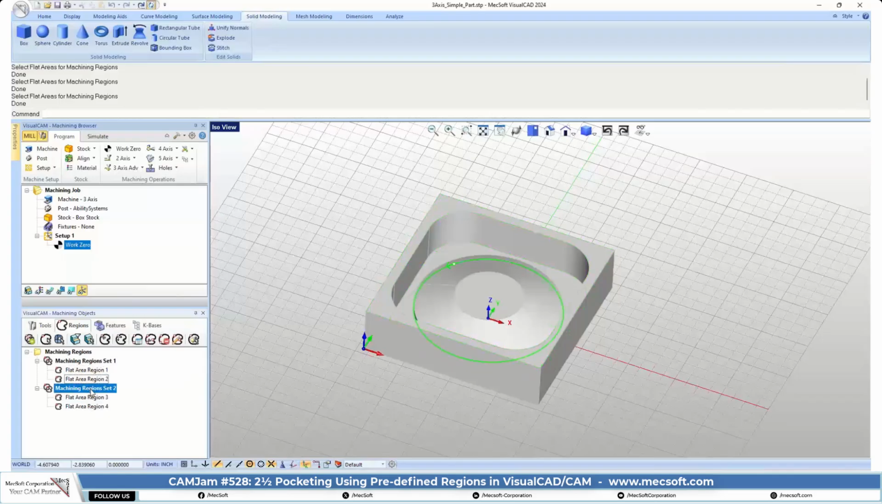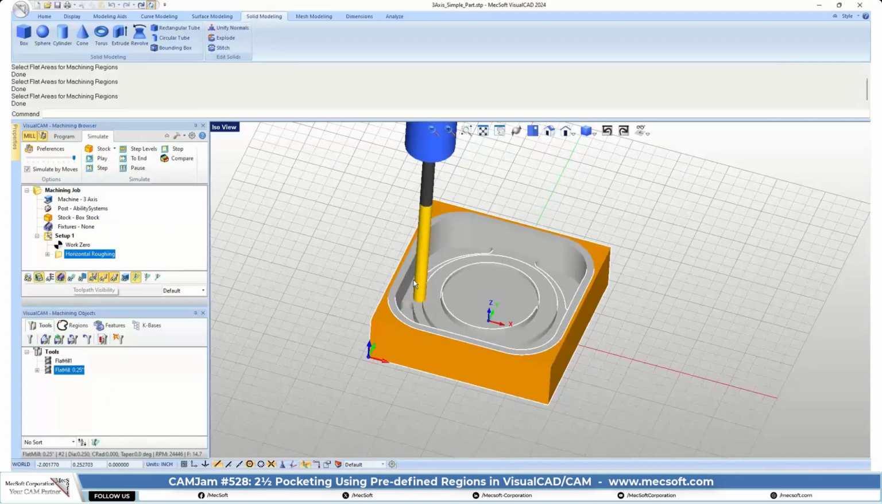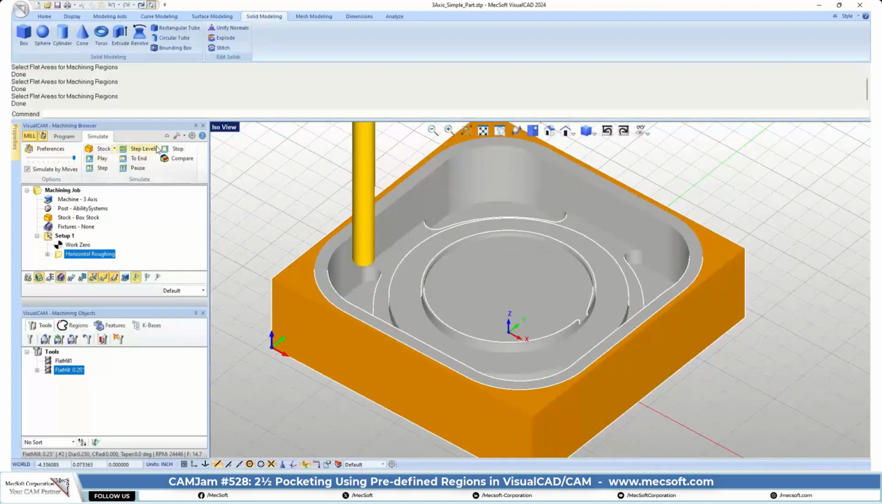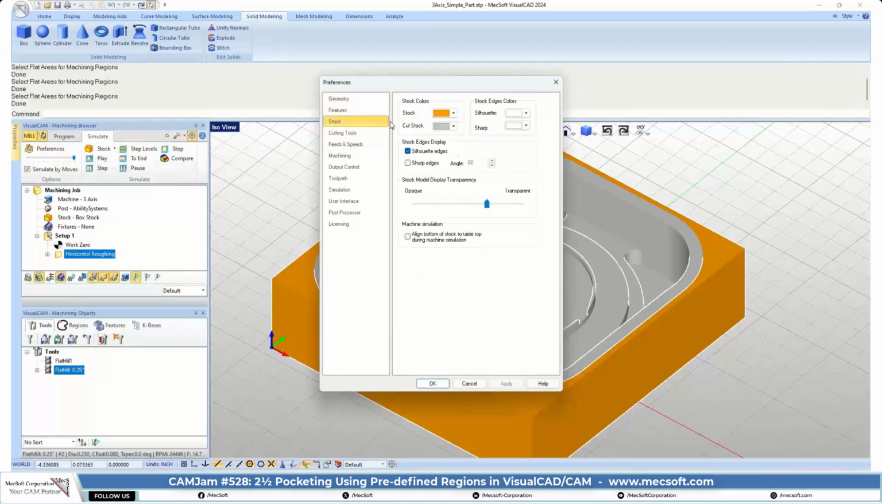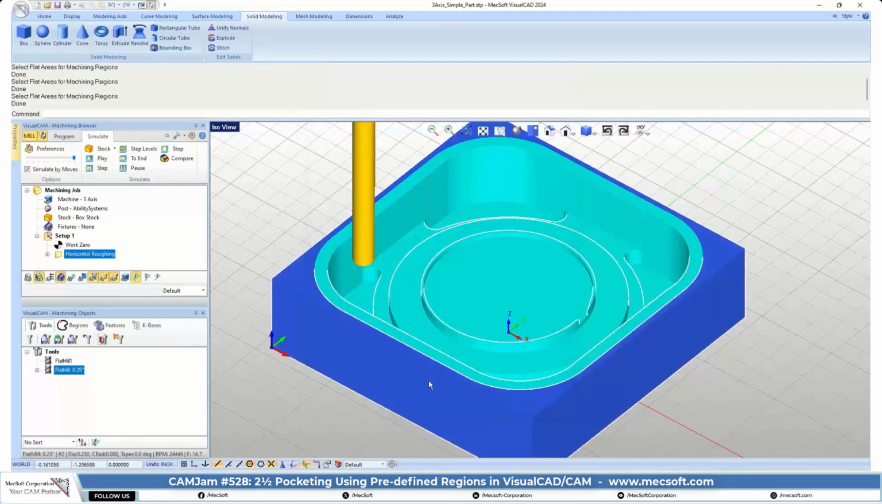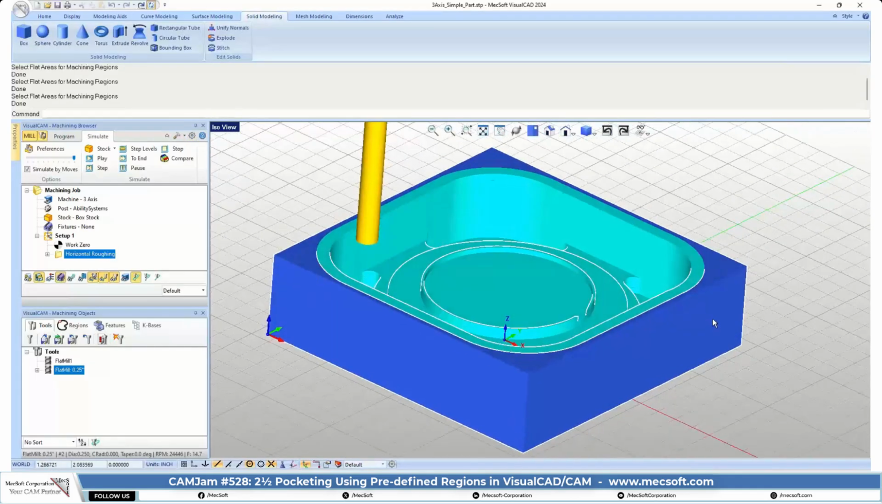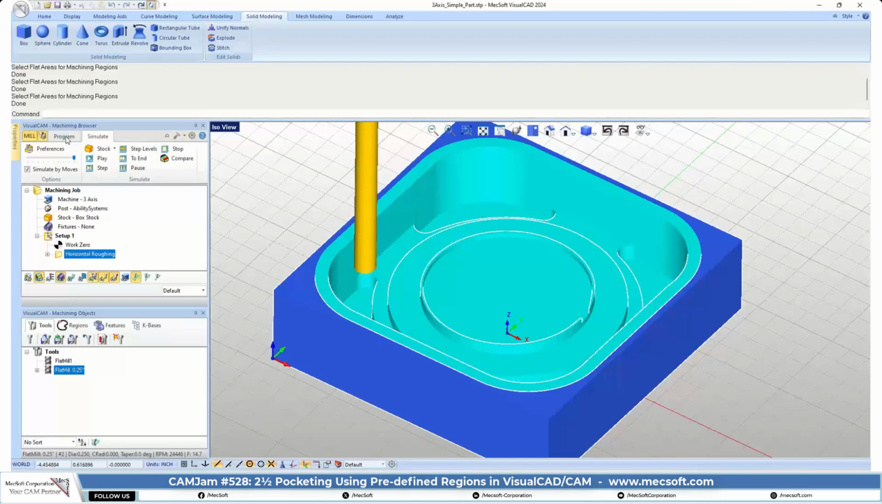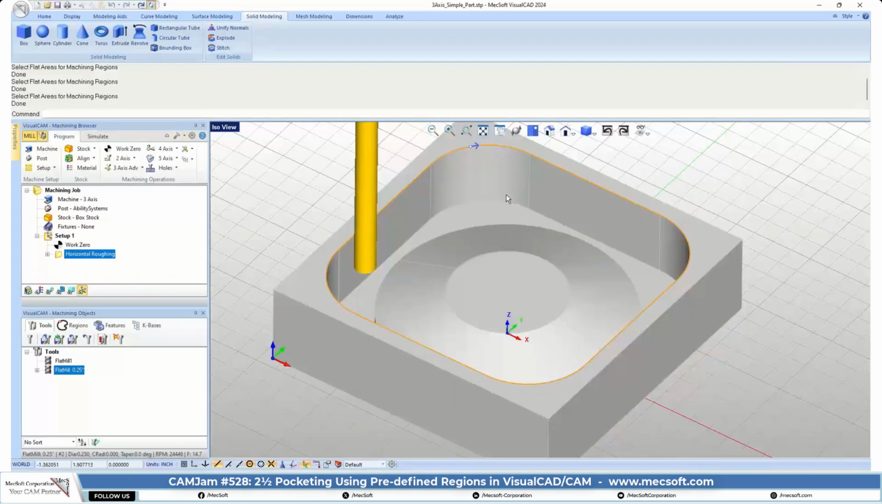We don't have to go select in geometry. So let's go back up here. Okay, so we got some roughing. Let's change the colors a little bit. I like it so my eyes can see it real good. Okay, so this is the stock color and this is the cut material color. Okay, so let's go ahead and do